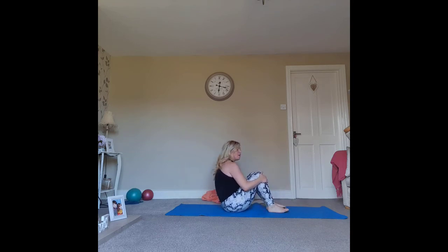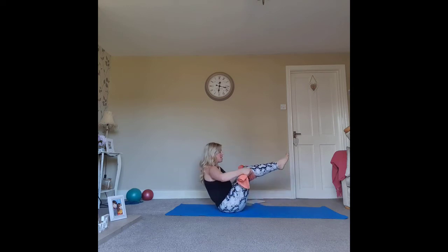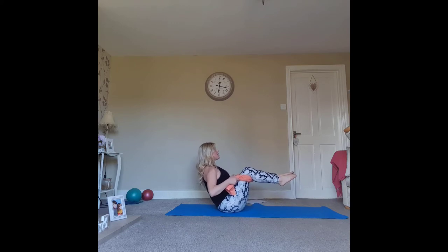So, let's make it a little bit more challenging. You can take your towel or your resistance band and place it below your knees. We're coming back to our little starting position. So we're going to hold this position on the seat bones and sit up nice and tall. Slightly rocking back, pelvis is turned under slightly, shoulders are wide, collarbone wide, and we're going to sit in this